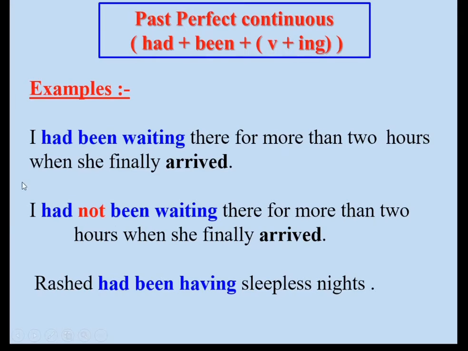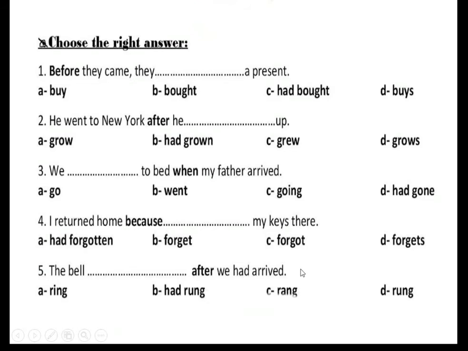In negative shape, just add not after had. You say, I had not been waiting there for more than 2 hours when she finally arrived. Rashid had been having sleepless nights. It is a repeated action. Okay? Now let's practice